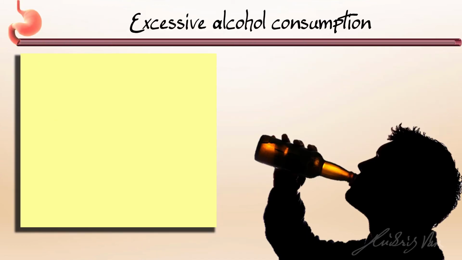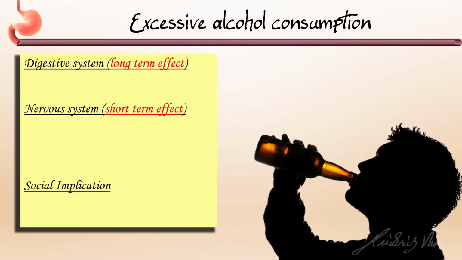And lastly, you have to understand the effect that happens when you drink too much alcohol. So there's a few effects. The long-term effect is increased risk of gastric ulcer as well as cirrhosis of the liver. That means the liver is getting scarred, which is like when you fall down and get injured, sooner or later you will see this hard scar tissue. So the scarring of the liver is known as cirrhosis.